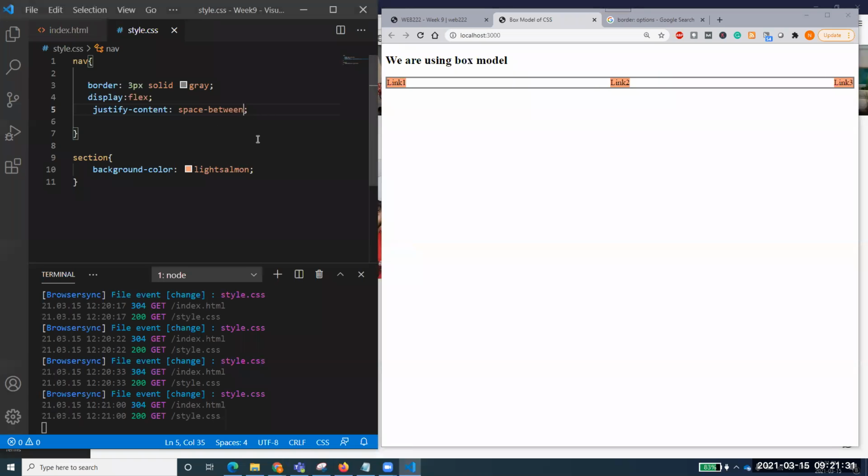And there is another option after space between, and that is space around. See what space around does. So what is space around? It has just taken this one over here, and this over here, and this over here. And you see that it will just keep on maintaining that. Now, how many of you understand all those options?